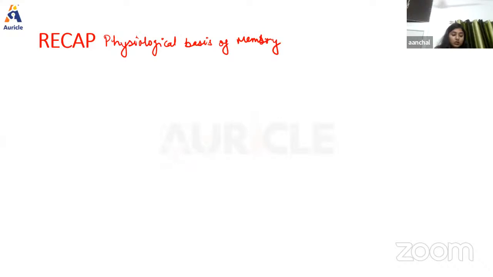Okay. Now the storage of memory may be facilitated or habituated depending upon many factors such as neurotransmitters, synaptic transmission, functional status of brain, etc. So some factors we're going to discuss. Okay. So for example, first we have